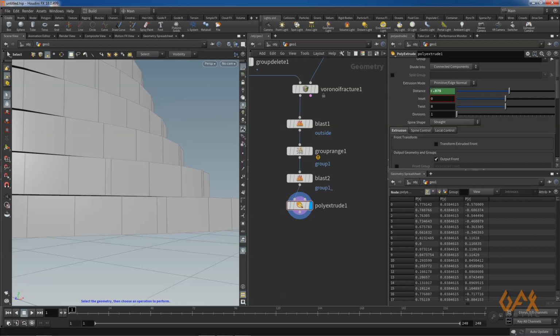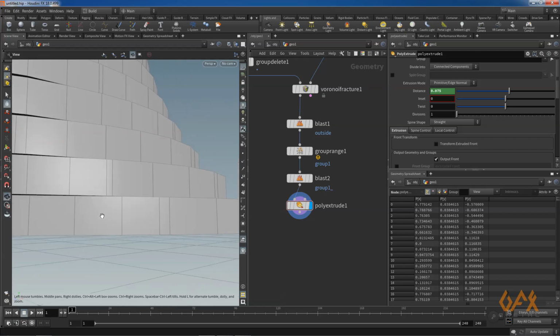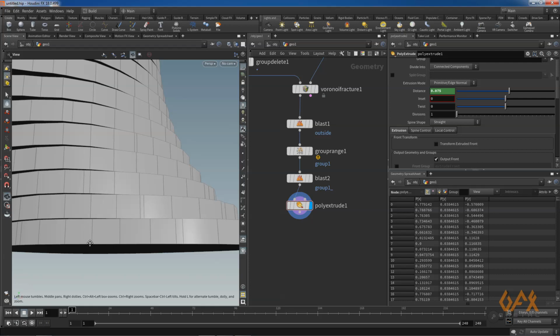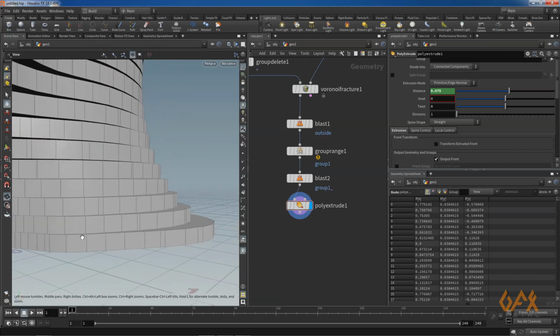Okay, so now you see this gives me 0.075 and it is exactly the length between these 2 points, and we need to extrude that much only.